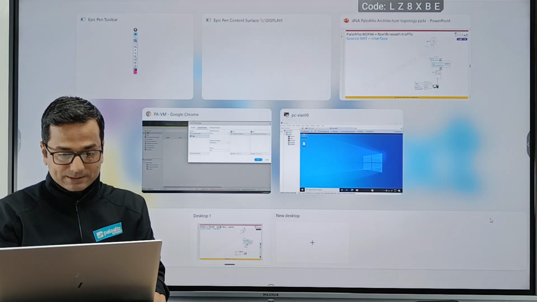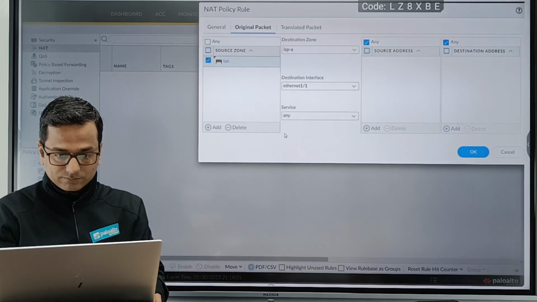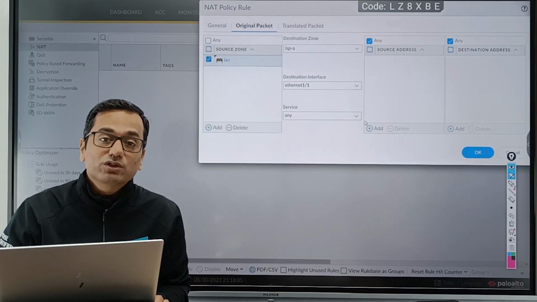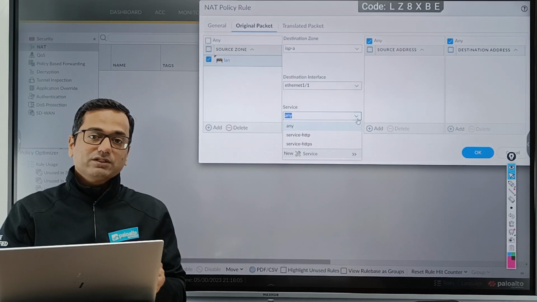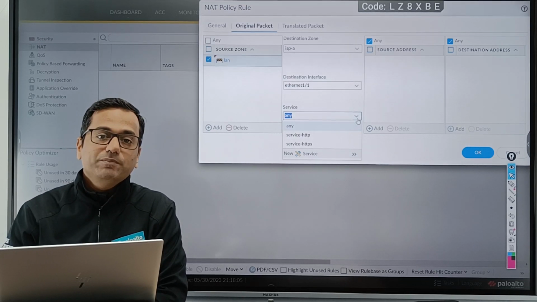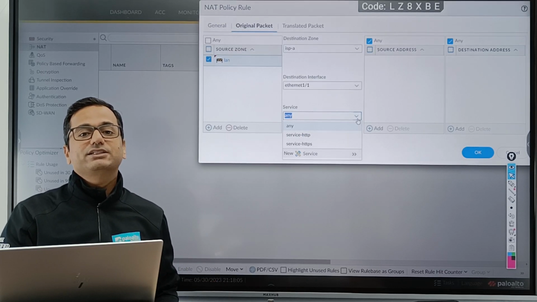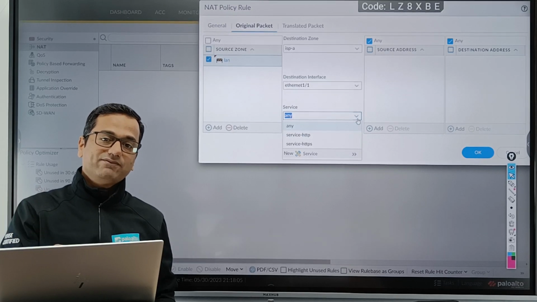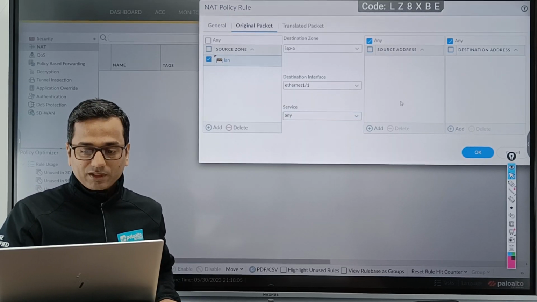Then service means destination port number. There are two default services Palo Alto offers, HTTP and HTTPS. But guys, yes, the majority of traffic is HTTP and HTTPS, but we can have other traffic as well over the internet, FTP, TFTP, SFTP, whatever. So let it be any.